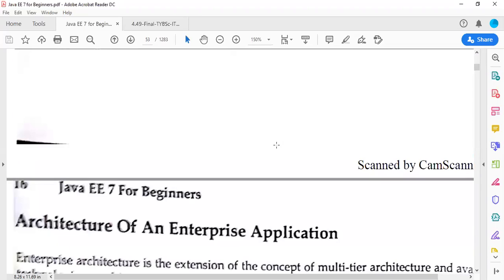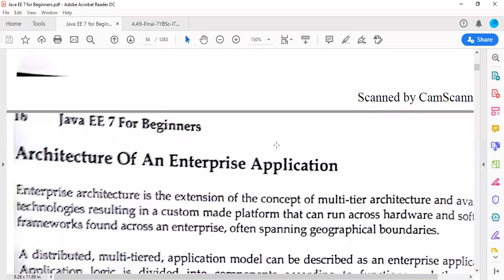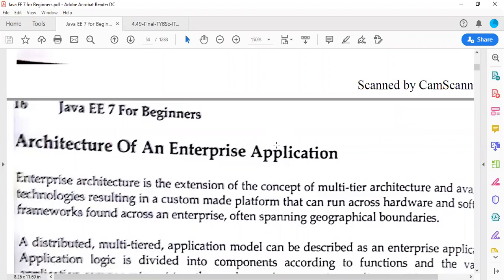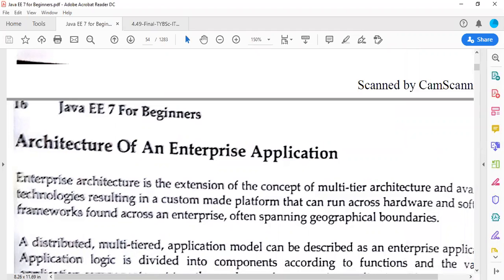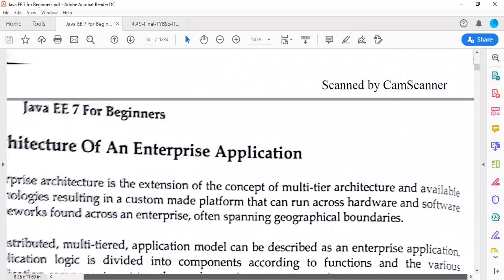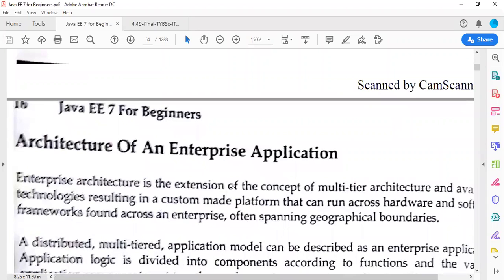So basically, enterprise application consists of several architectures. Enterprise architecture is an extension of the concept of multi-tier architecture and available technologies, resulting in custom-made platform that can run across hardware, software frameworks.